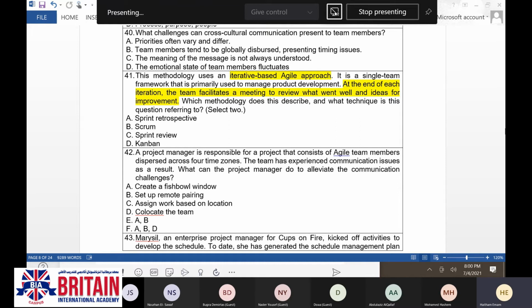First of all, let's analyze the answers, and I'm going to start from option D. Co-locate the team. Co-locating the team is not the tool used for solving issues related to time zones.